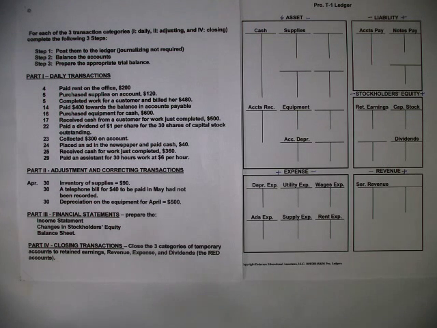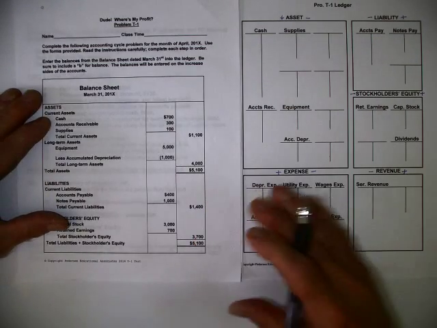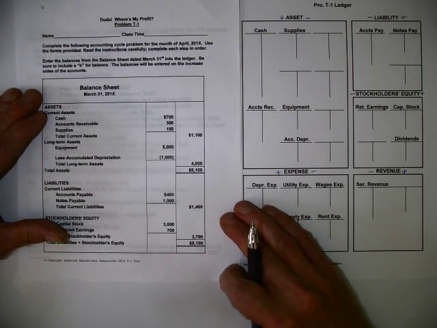Daily transactions are the interactions of our business and somebody outside of our business, such as a supplier, a banker, or a customer, someone like that. These are external transactions. They take place during the accounting period, and they are the most transactions you have of the three. Now, before we begin to record the transactions in the T accounts, we have to bring forward ending